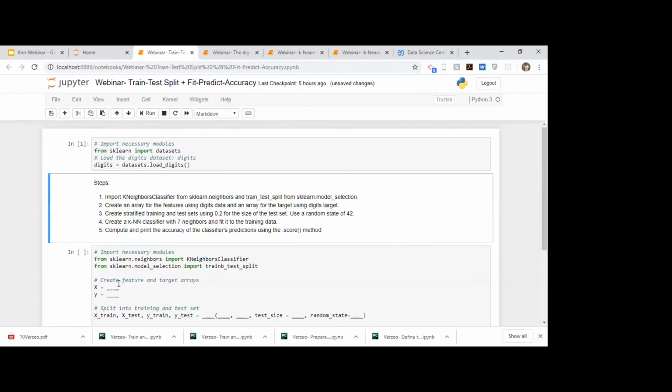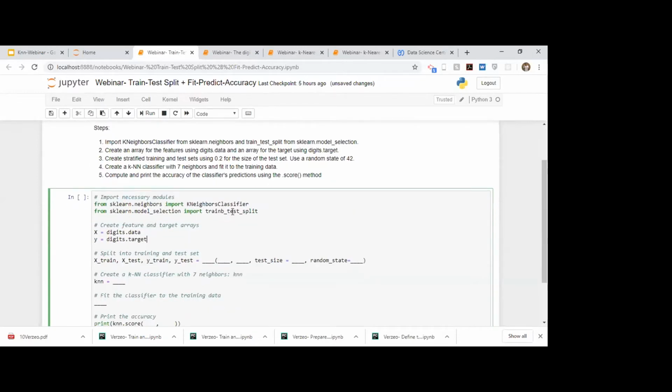So inside this digits data set, we'll just write data to get all the features, and then we will use the key target to get our target variable. So we have stored features and target in X and Y.